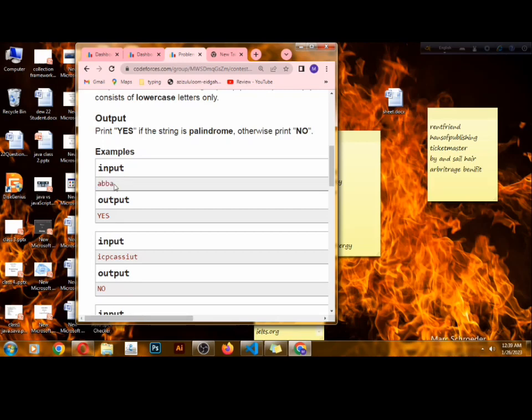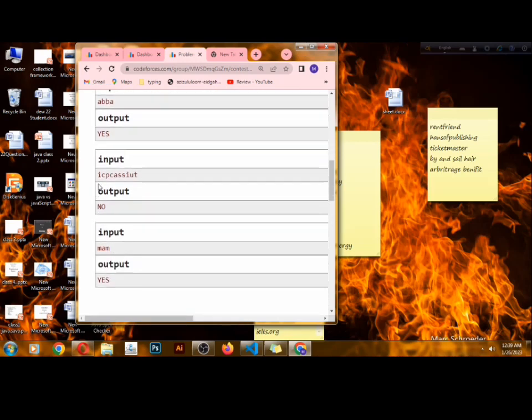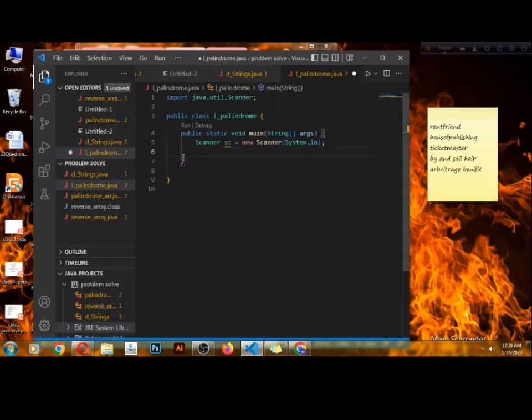So here's an example, abba, which is a palindrome. If we start from the last and read it, the pronunciation is abba, and then the output should be yes. Another example is ICPC, which is not a palindrome, so the output should be no, and last of all, mom,